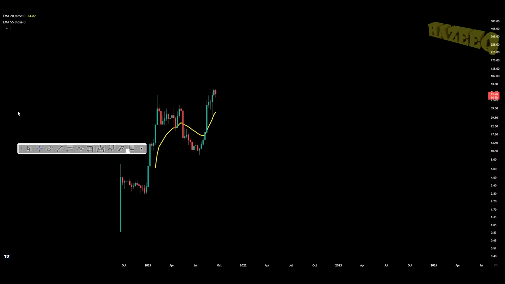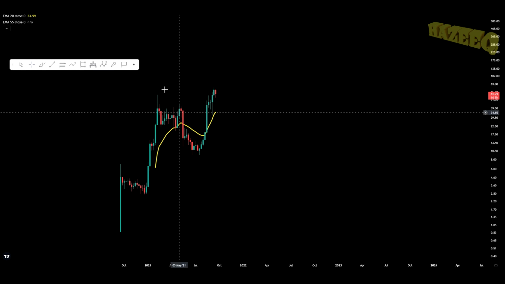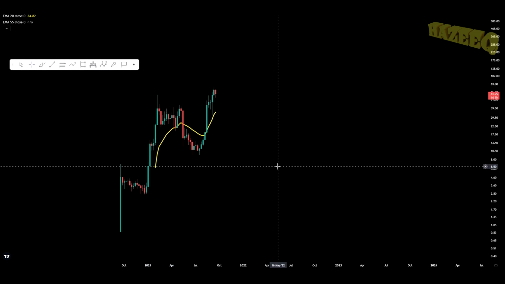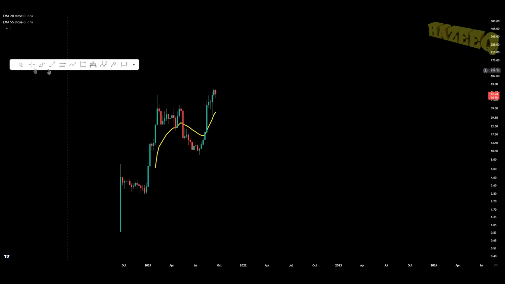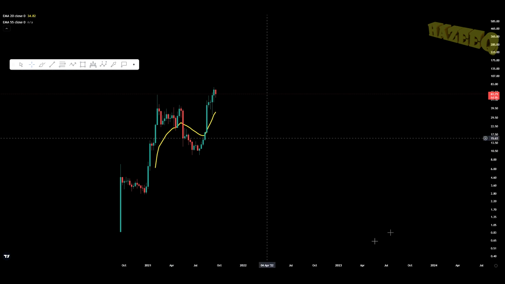Today we're taking a look at Avalanche, ticker AVAX against USDT. I do want to say that I'm not a financial advisor, so you should always do your own research before investing money into crypto. That being said, jumping into the weekly chart, you can see that we have a little